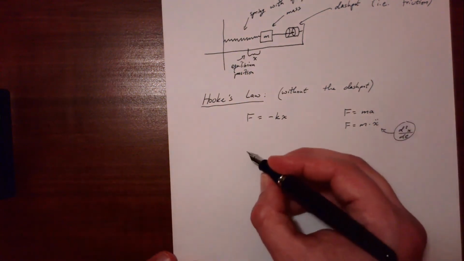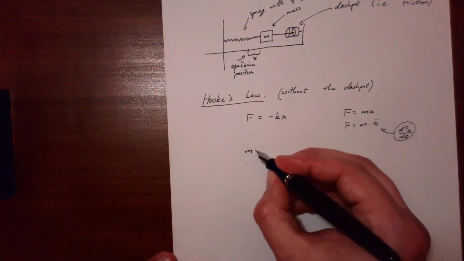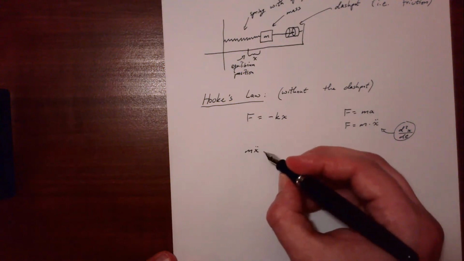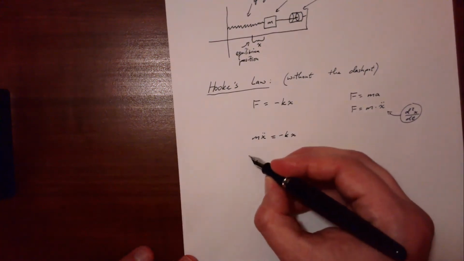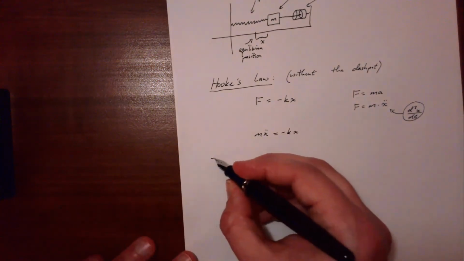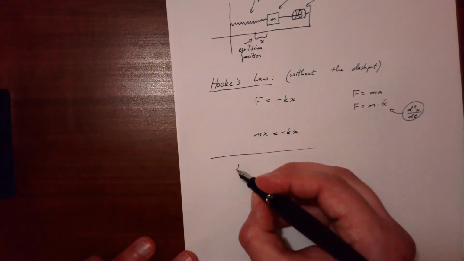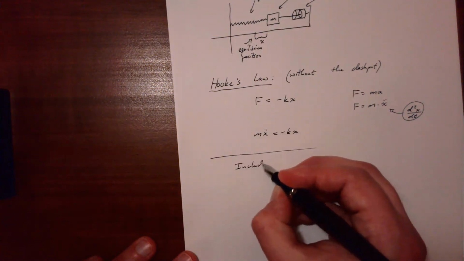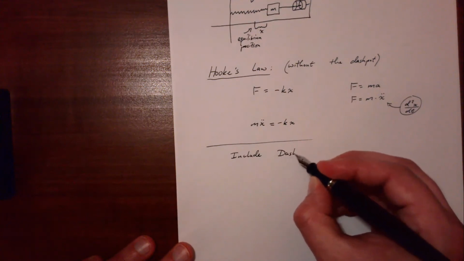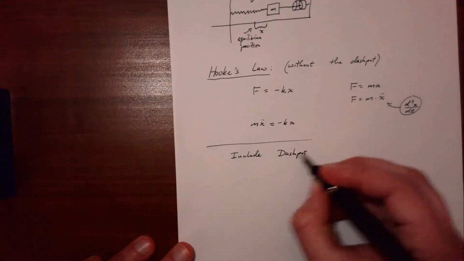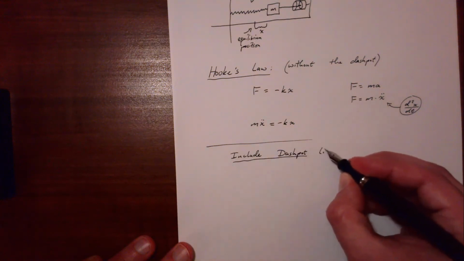And so then that gives us m x dot dot, so second derivative, is equal to negative kx by Hooke's law. But then if we include the dashpot, i.e. friction,